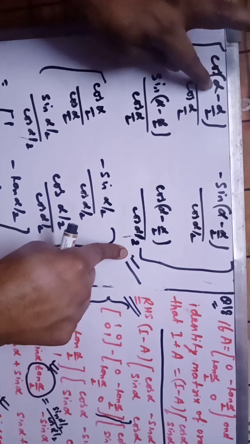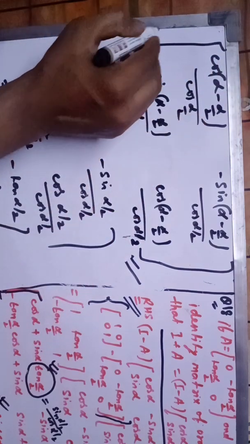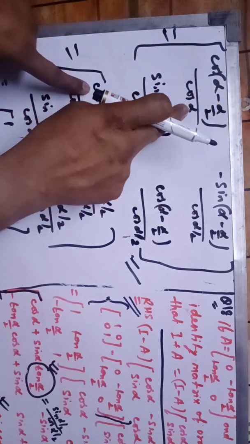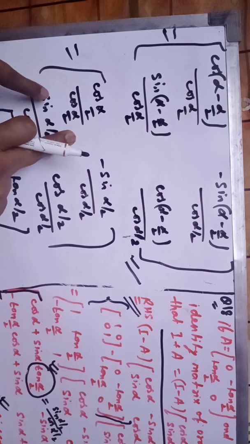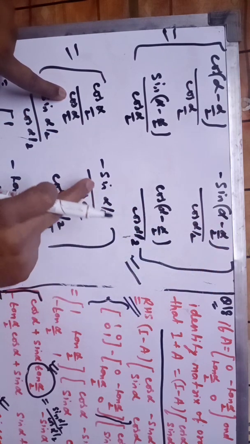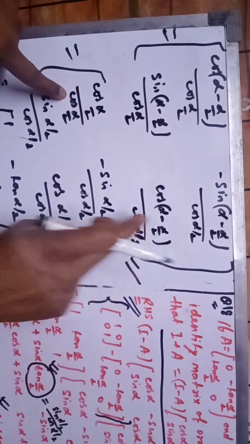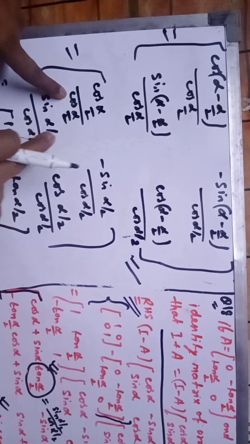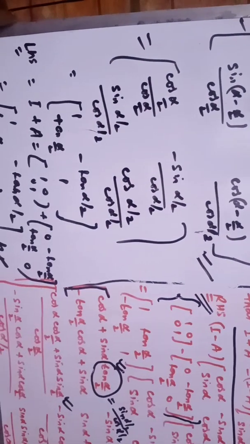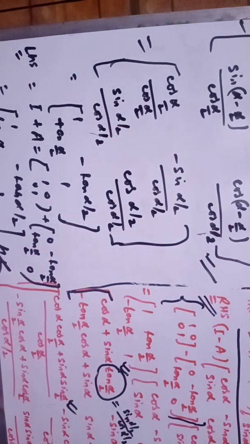This will be alpha minus alpha by 2. This would be cos alpha by 2, your first part. This would be cos alpha by 2, and in the denominator you have to write cos alpha by 2, same like this. And similarly, sin of alpha minus alpha by 2 would be minus sin alpha by 2, and this cos alpha by 2 will remain the same. Similarly, here you will get this, and in the denominator part you will get this. So this is your next matrix after solving.